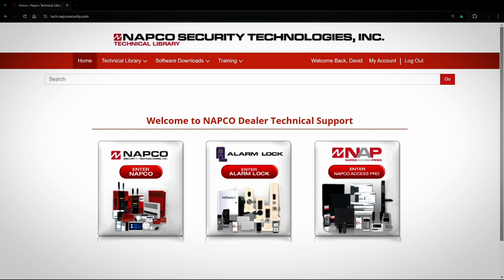In order to use the NAPCO Dealer Portal, you must first register at the NAPCO Technical Library at tech.napcosecurity.com. Your dealer ID and password you use for ComNet and the NOC will not work for the dealer portal. Only the username and password for the NAPCO Technical Library will work for the NAPCO Dealer Portal. For information on how to register for the NAPCO Technical Library, please see the video on how to use the